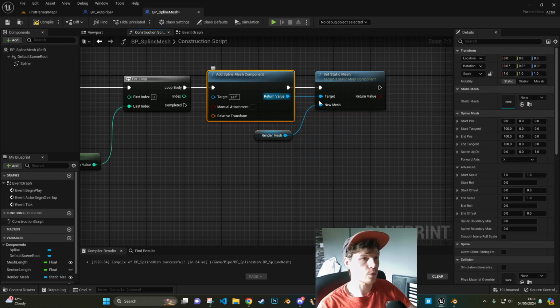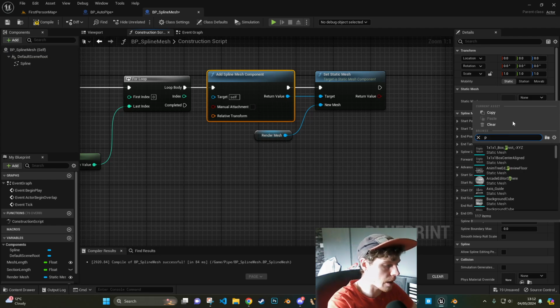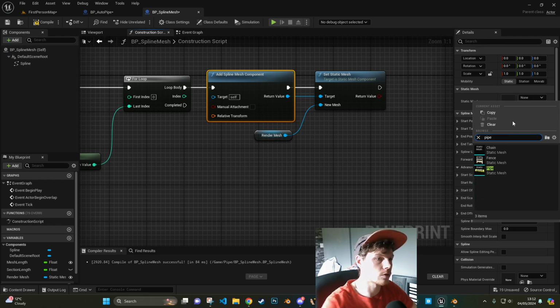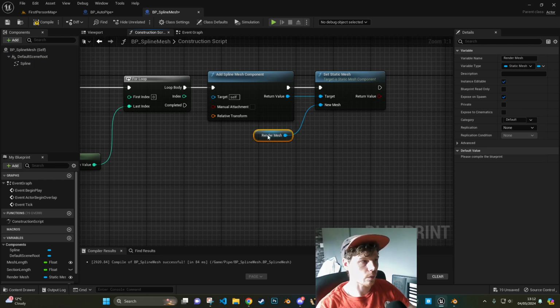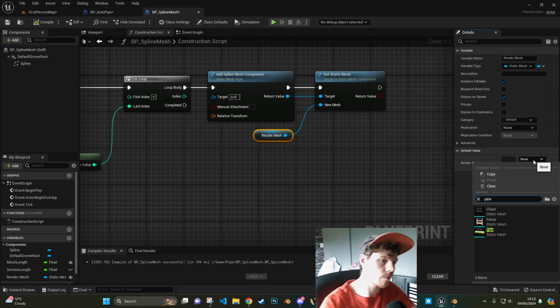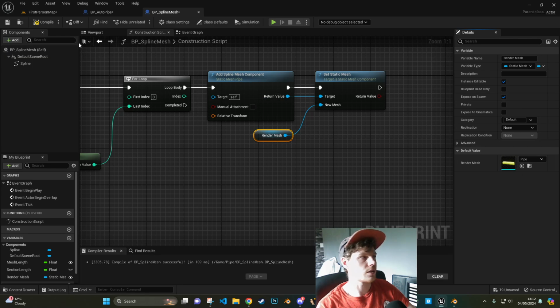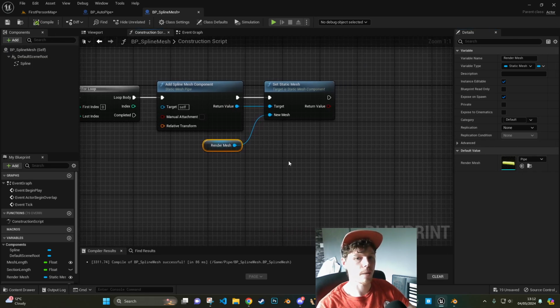But just so that my actor spawns something, I am going to set a default to my pipe. So I'll find my pipe. By default, my pipe is going to render, but then whatever I overwrite it with in here will be represented. So again, I'm going to set pipe in here, just so that's a default,